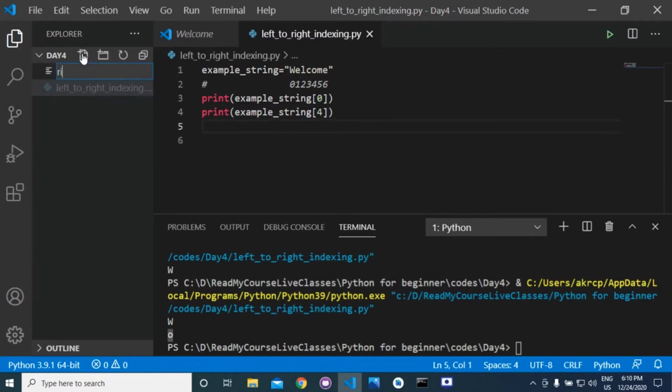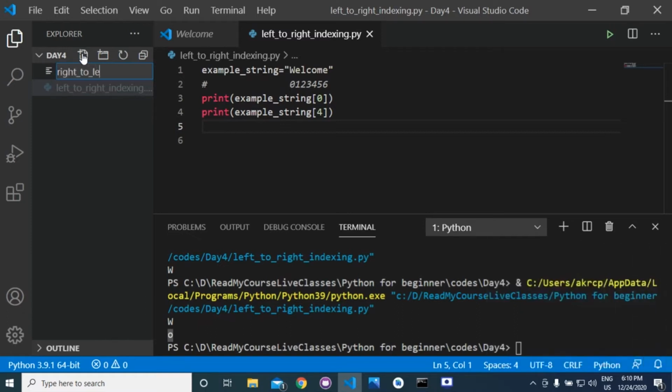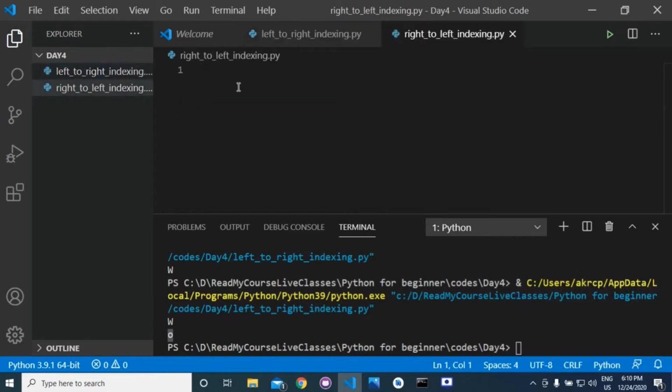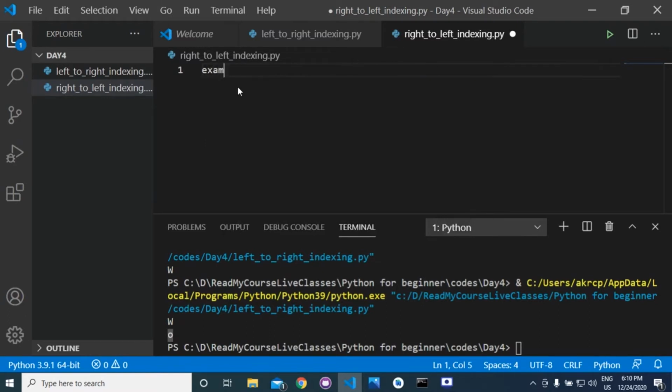Suppose you want to go from right to left, so I am giving you the example of right to left indexing. Suppose again we have example string welcome. Okay. So if we go from right to left, then this E will be at -1, and then this M will be at -2.